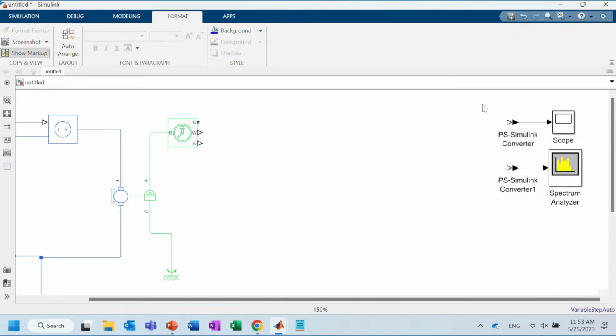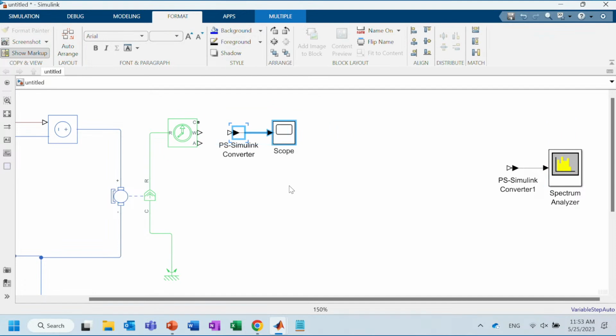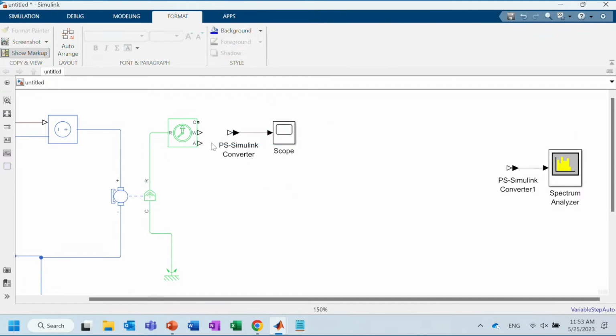So Simulink provides you with different options for you to not only capture the signal, but also visualize the simulation outputs. We can see that there is the scope block from the electrical template. I can simply connect the angular velocity output to the scope block for me to visualize this signal. A scope block is a quick and easy way for you to visualize Simulink signals. And if I double click on it,